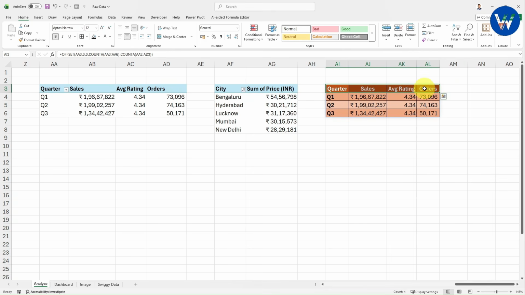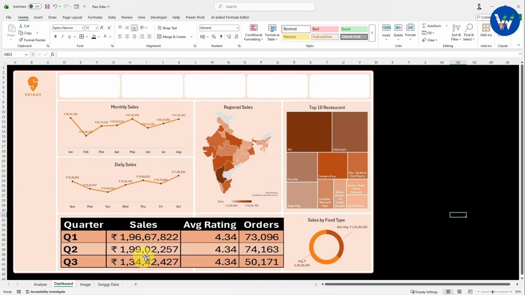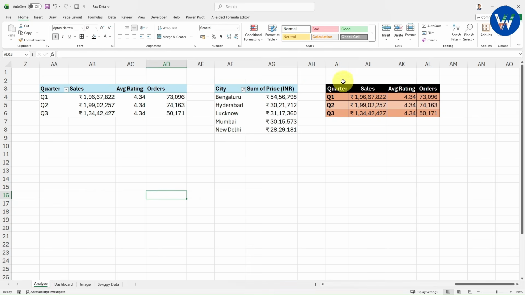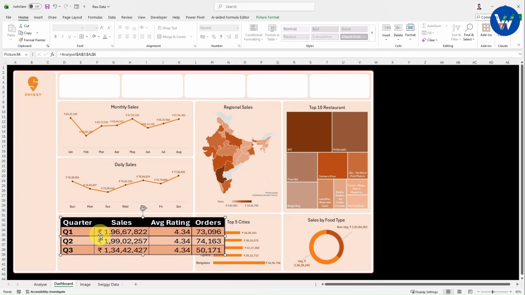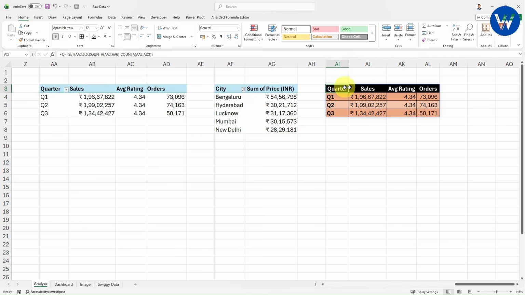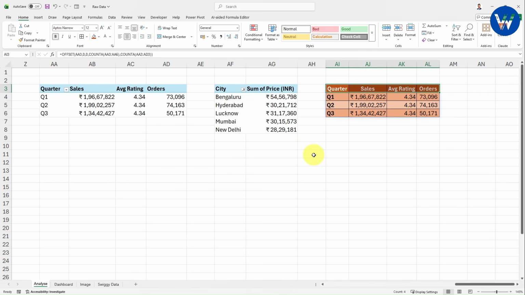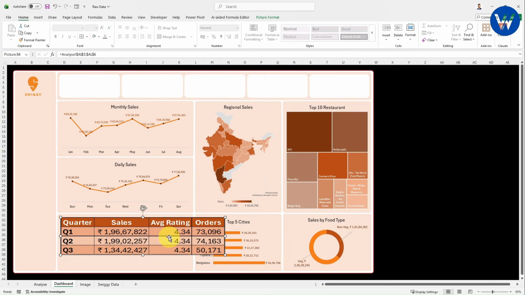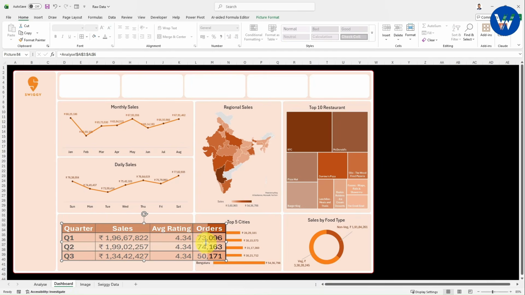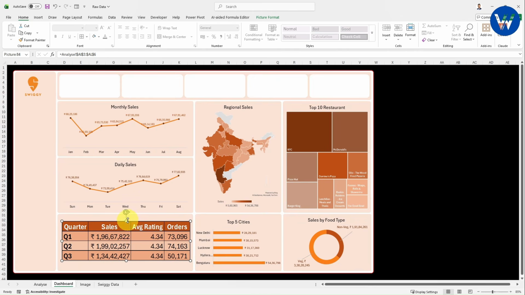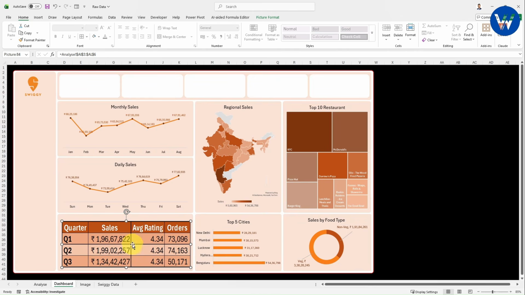Now let's suppose I make any changes inside this data. Let's suppose I will fill the color. I will take this black color. Now look here guys, you will see the magic. If I go to dashboard, wow, it's completely amazing, right. Whatever changes I am making inside this table, it will reflect in this image. Now what I will do, I will simply select that same color. I will fill with the previous color only, right. Now you will get the image in this way, right. Now you can adjust it. Let me adjust the height and size. Done.